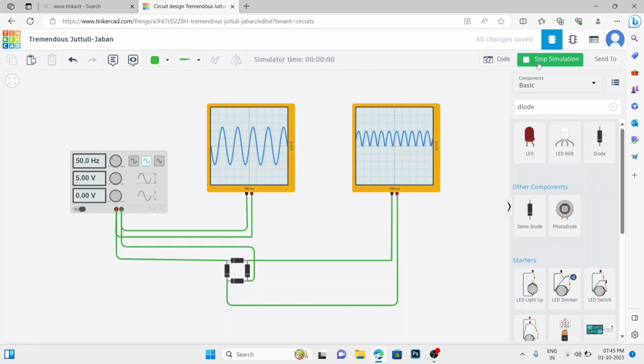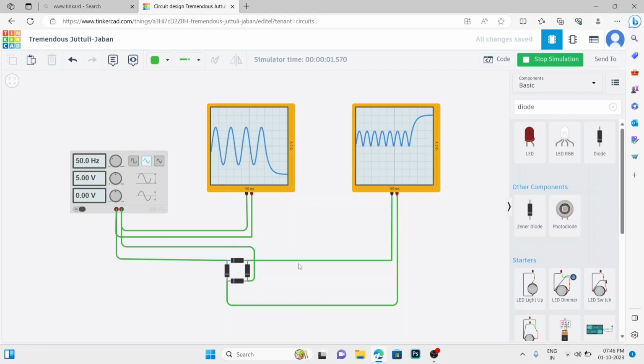And you can see the input is 50 Hz 5 volt, and in the output we are not getting a negative half cycle, only a positive half cycle. And you can see carefully the amplitude: the input side amplitude is higher than the output side amplitude. When the amplitude decreases more and more, that time the output waveform looks like DC. This bridge rectifier can convert to DC but not purely DC